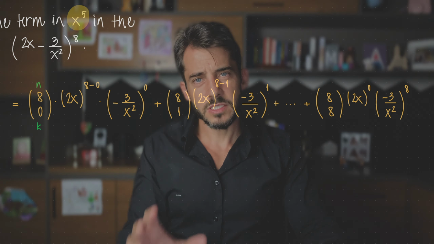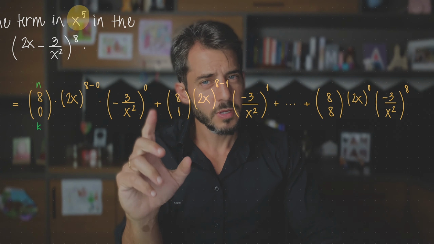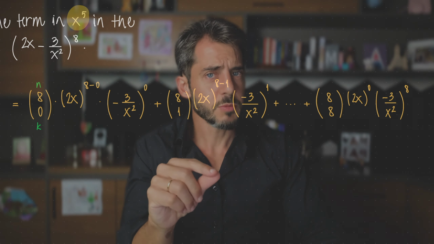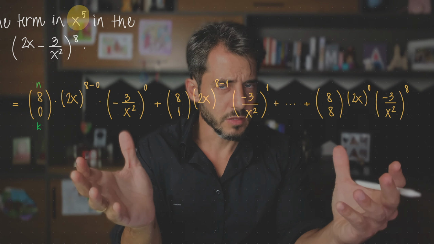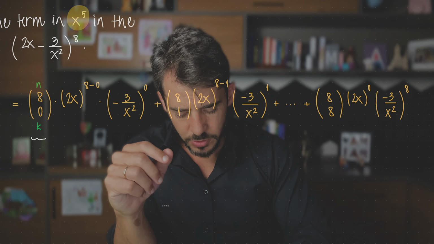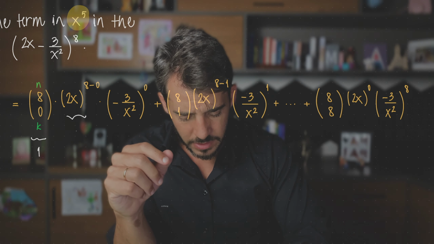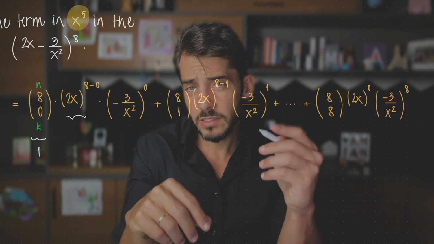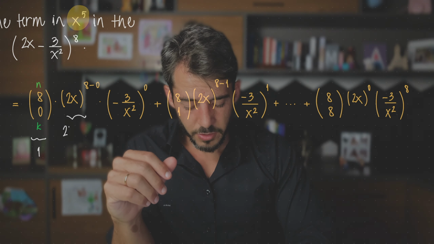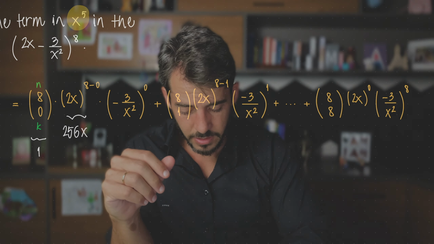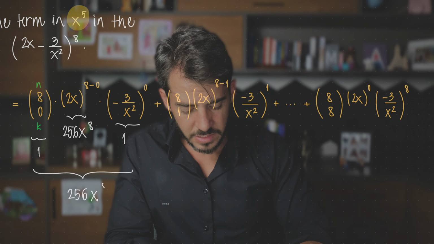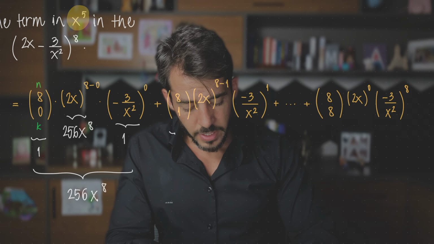In this case, we can see more clearly because it's already showing up, but I'll teach you a method in which you can find through an algebraic process which keeps you from expanding the whole thing. Now, let's just see what we have in front of us right now. A choose 0 is just 1, (2x)^8 is the same as 2 to the 8th, x to the 8th. Don't forget to raise 2 to the power of 8 as well. Therefore, 256 x to the 8th times 1. So this first term right here is 256 x to the 8th